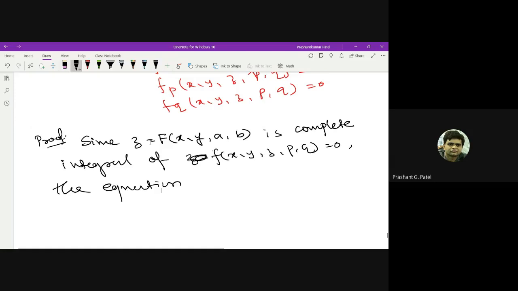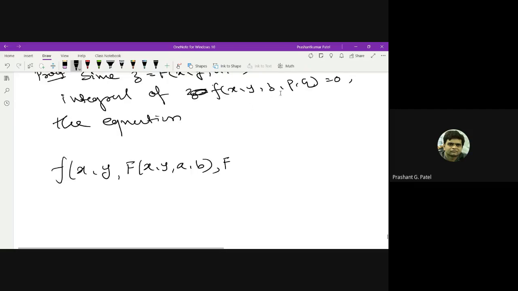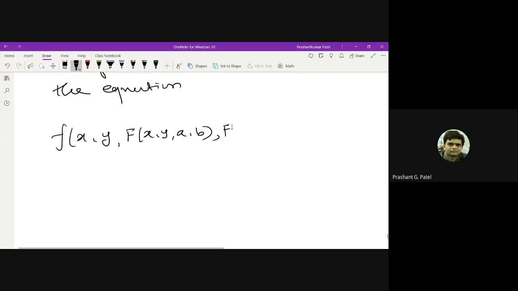So we can substitute this value of z into this differential equation, that is f of x, y, and instead of z we write f of x, y, a, b. Here p is nothing but del f upon del x, so I'll say it is Fx of x, y, a, b, and Fy of x, y, a, b. We have just substituted the values of p, q and z,